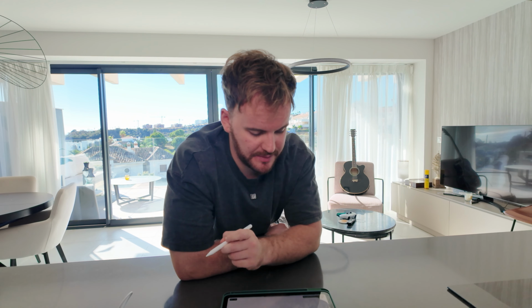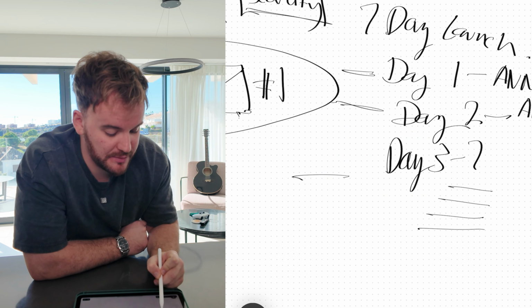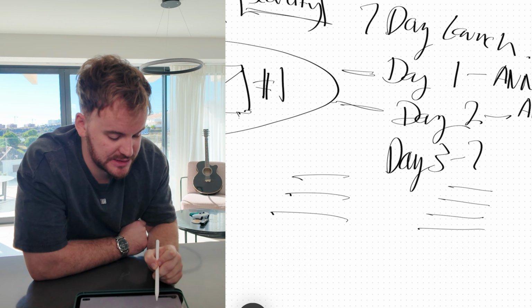Now you want to be posting on email. You want to be posting on Instagram story. You want to be posting on Instagram posts, and you want to be posting literally everywhere you have an audience. Multi-touch. Remember, if you have YouTube subscribers, make a video, make a post on your feed. Do a Facebook post, do a Twitter post, do an email. You've got to be doing this multi-channel.